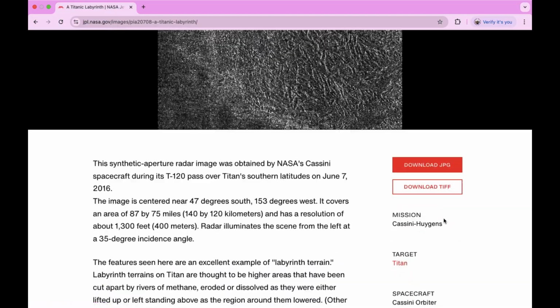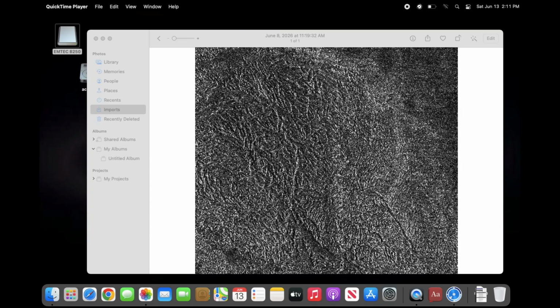And we're using this synthetic aperture radar image that was obtained by Cassini around June 7, 2016. Panorama of Titan, that is pia20708, obtained by the Cassini spacecraft. And this is the